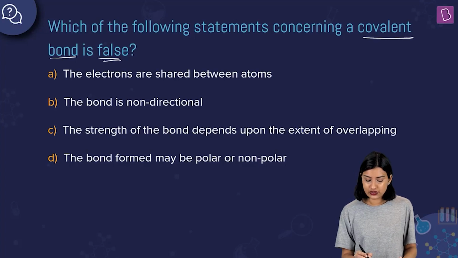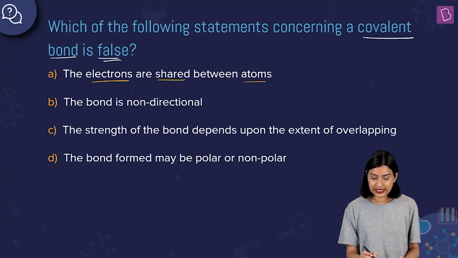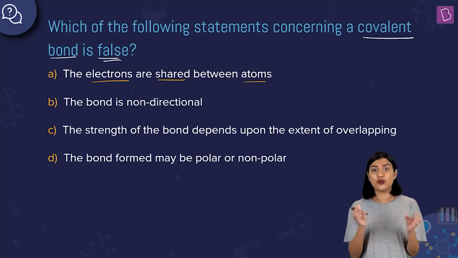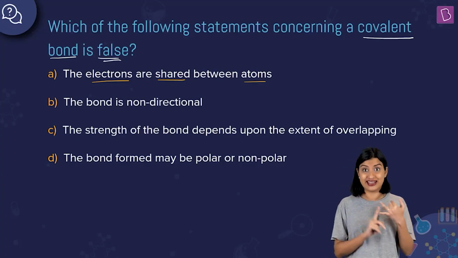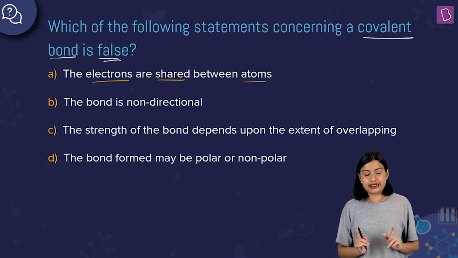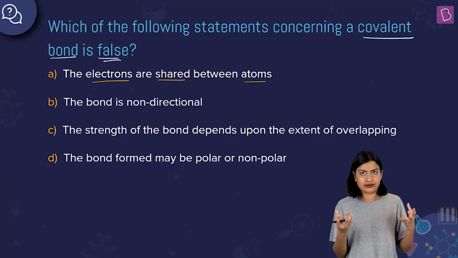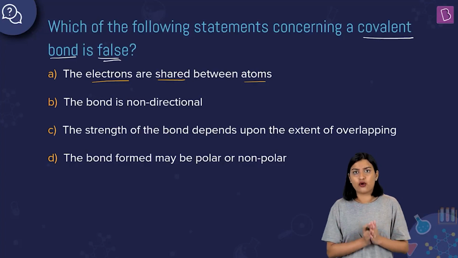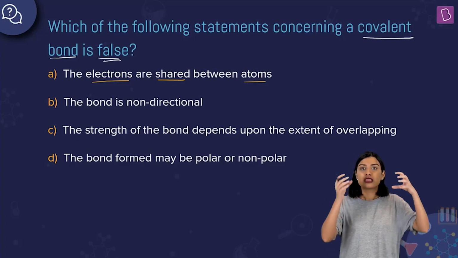The electrons are shared between atoms. Okay. So the electrons are shared between atoms. This is how we actually define a covalent bond, right? In an ionic bond or in an electrovalent bond, what happens is the electrons are transferred completely. But in a covalent bond, both the atoms, right? Both the atoms that are involved in bond formation are going to bring their respective electrons, and that pool of